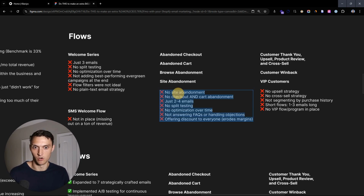We want to incorporate other flows like the site abandonment and looking at both triggers, both the checkout and cart: the added to cart trigger and the checkout started trigger. So you want to have abandonment flows for both. That's a huge win. And we want to increase the